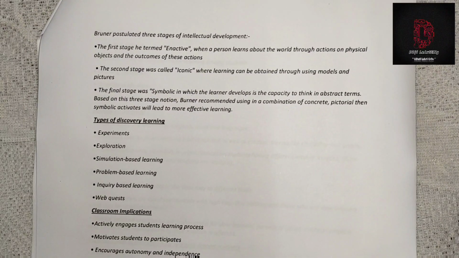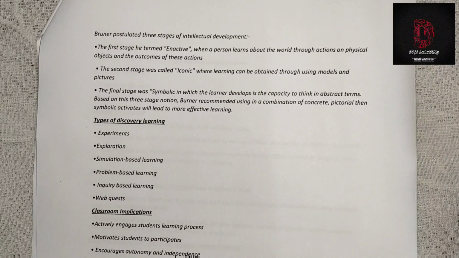Bruner postulated three categories of intellectual development. The first stage he termed enactive, when a person learns about the world through actions or physical objects and the outcomes of these actions. उसको हम लोग enactive बोलते हैं. The second stage was called the iconic, where learning can be obtained through using models